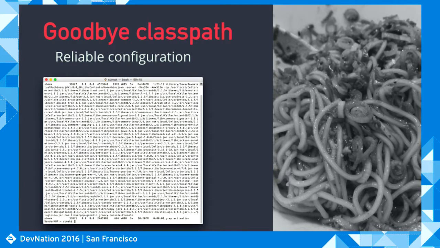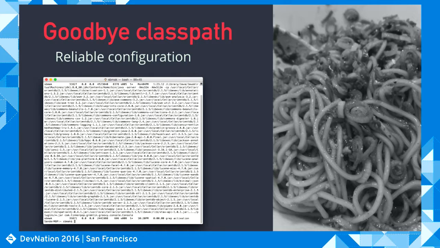But more importantly, there's going to be a big change for us as developers again. And that's that the class path is going to disappear. That doesn't mean that the class path is gone in Java 9. You can still run your applications as you would do today, using the class path in Java 9, but then you're not really using the module system. If you start using the module system, as we will see later on, the class path will actually not be there anymore, and we start talking about a module path. And Sander will tell us all about that.